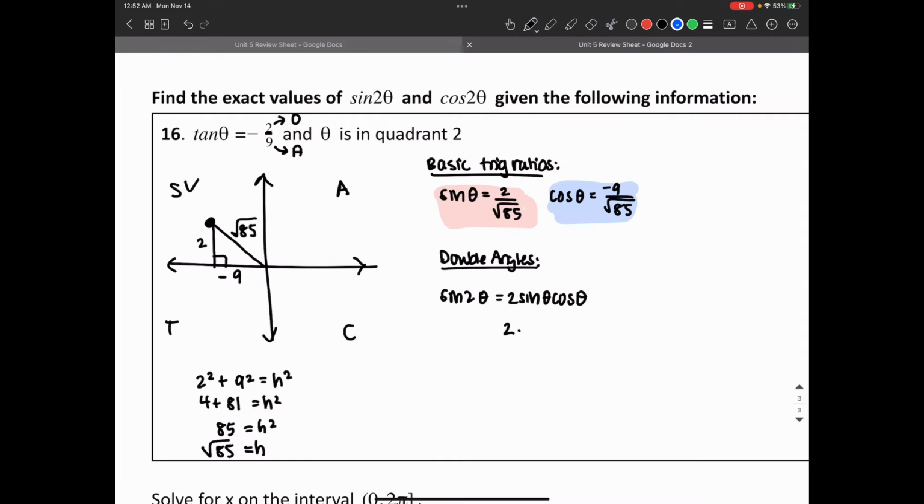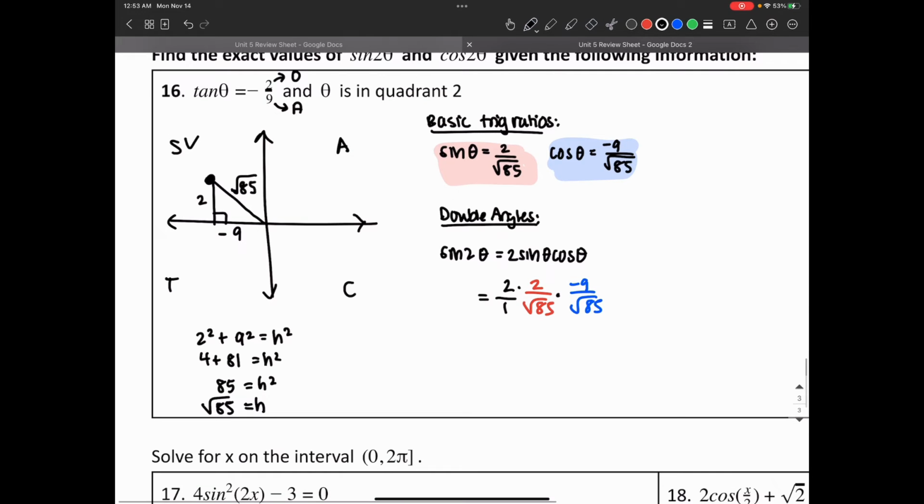So I have 2 times sine of theta is 2 over the square root of 85, and cosine of theta is negative 9 over the square root of 85. And this I'm going to change into a fraction, so in the numerator, I'm going to have 2 times 2, which is 4, 4 times negative 9, negative 36, all over the square root of 85 times